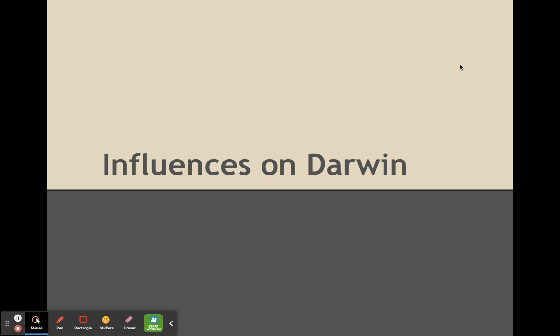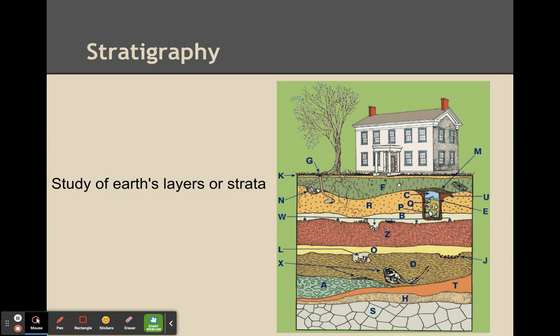So we're going to be finishing this year talking about evolution. But before we talk about evolution, we need to talk about Charles Darwin. And before we talk about Charles Darwin, we need to talk about some people, some theories, some scientists who led Darwin, this name that most of us know, to land on the theory that he has related to evolution. So first of all, we have this thing called stratigraphy, and this is the study of the